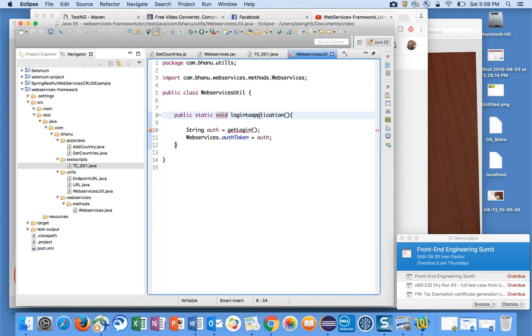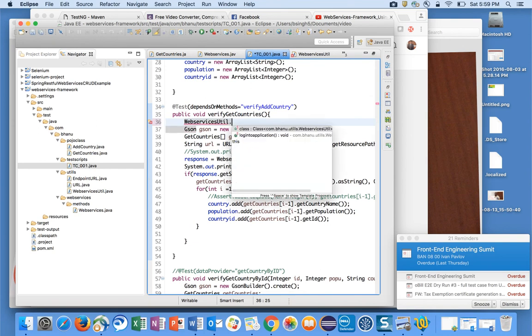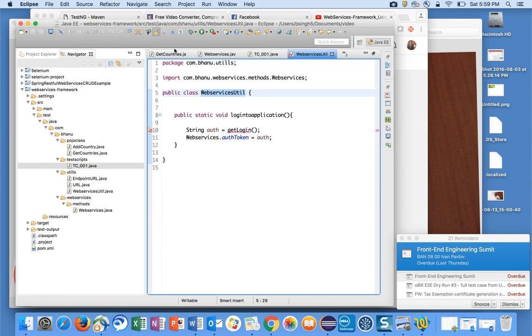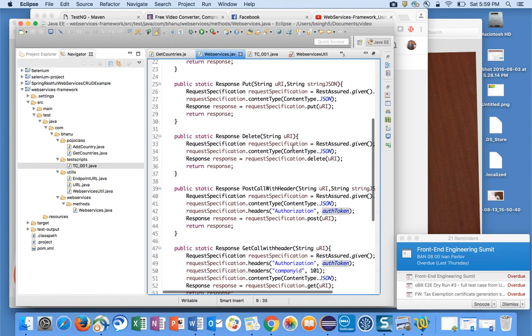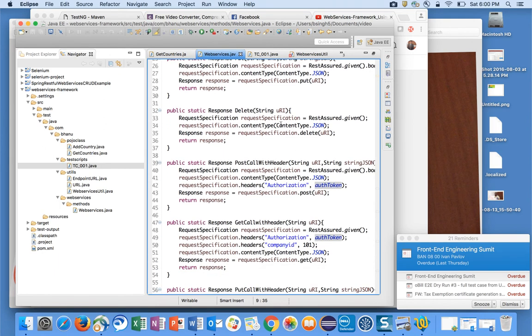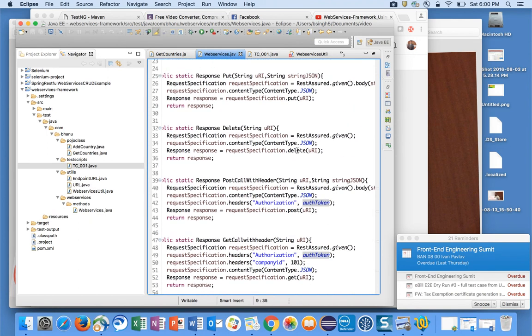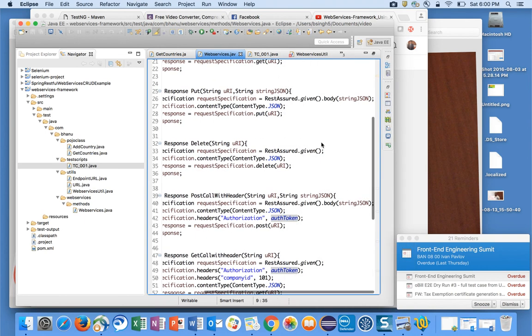So what I will do is I will copy this class and I will go to my test, and I will just call this. So this method will make sure that for any API my authorizations will be initialized, this auth token, and this auth token will be used in any post call, delete call, get call, put call with the headers, right? It will be used. Hope you guys understood how to use this.